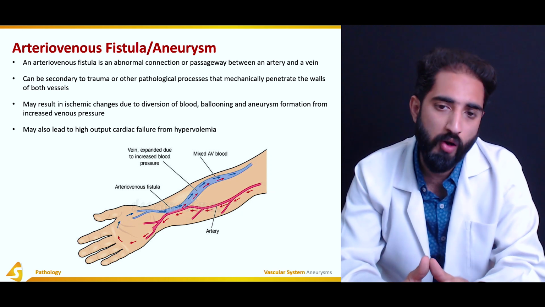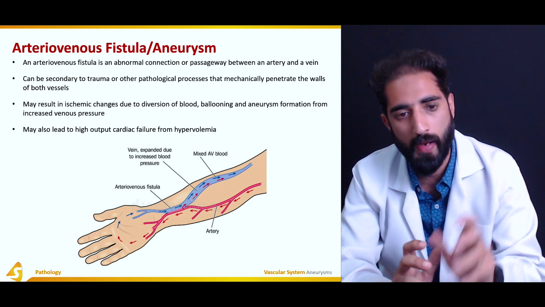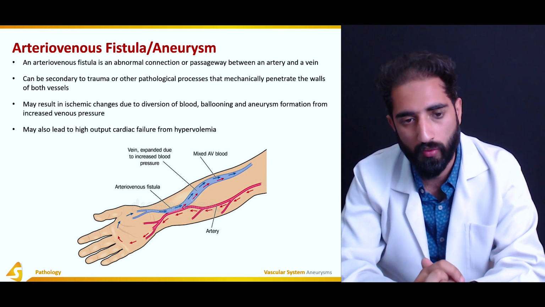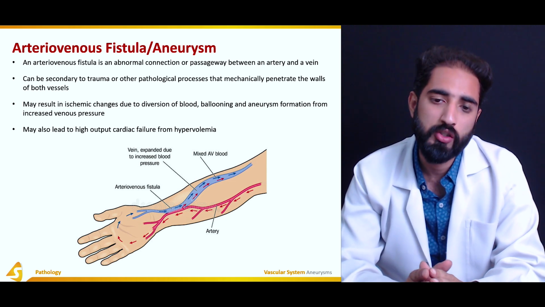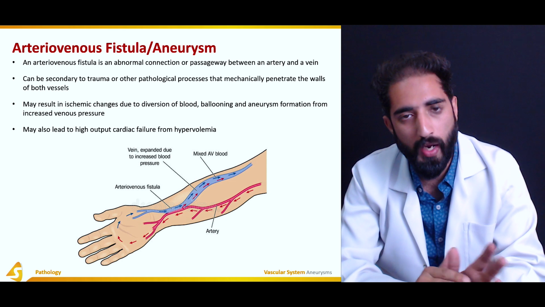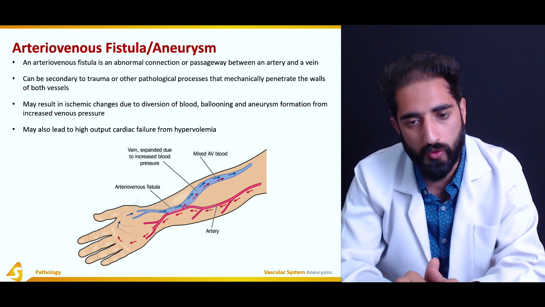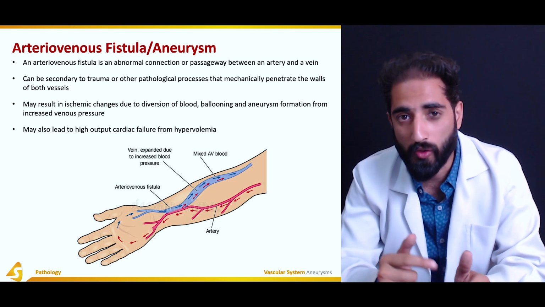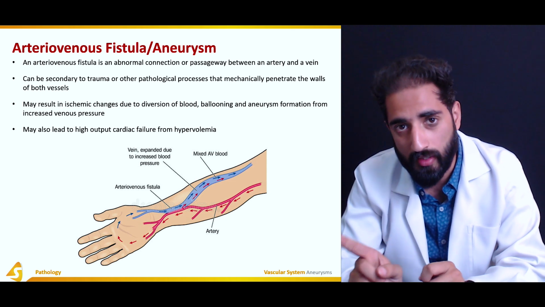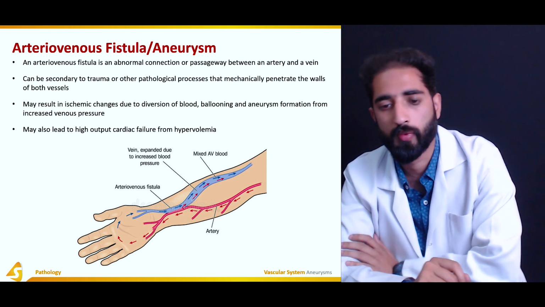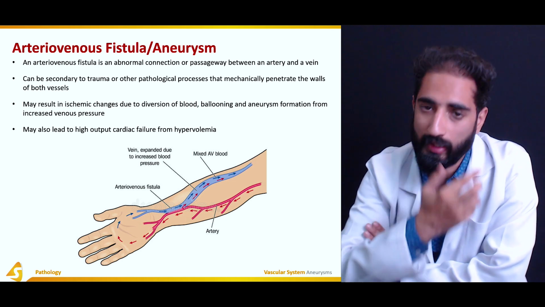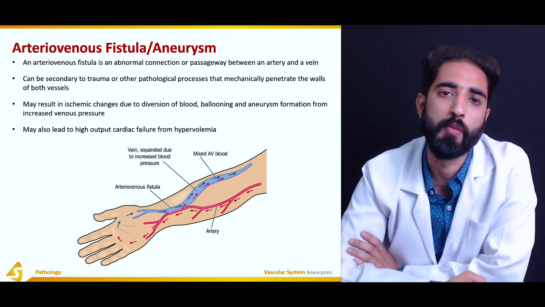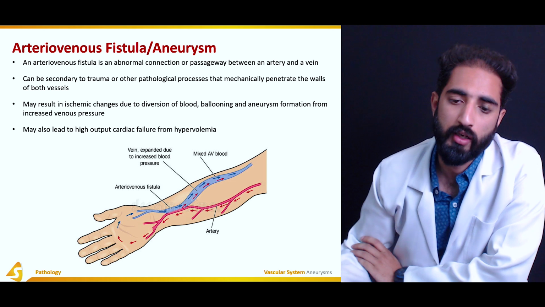It can be secondary to trauma or other pathological processes that mechanically penetrate the walls of both vessels, resulting in direct communication between the two. It may result in ischemic changes due to diversion of blood from the arterial pathway to the venous pathway, and thus impaired blood circulation. This shunting into the venous pathway results in increased venous pressure, resulting in ballooning and aneurysm formation in the vein,